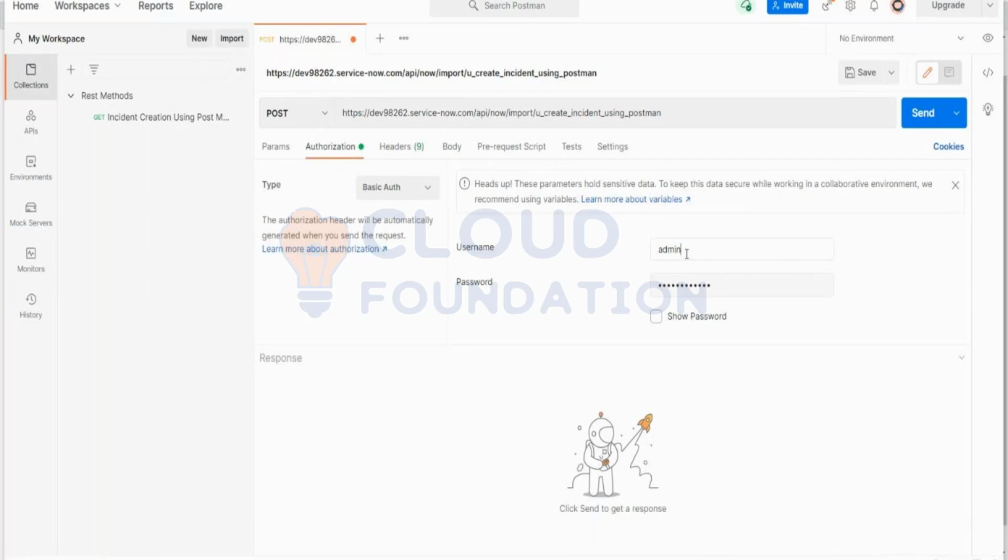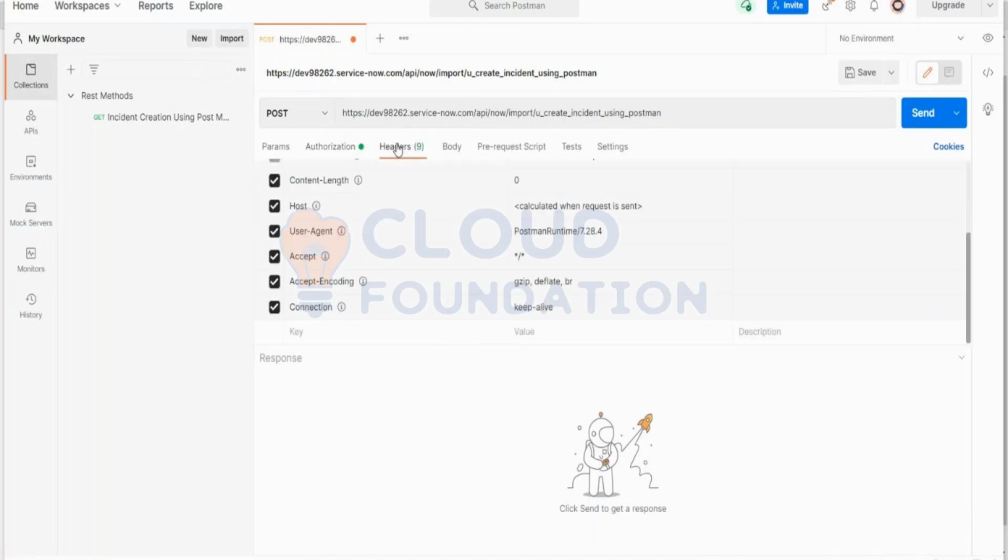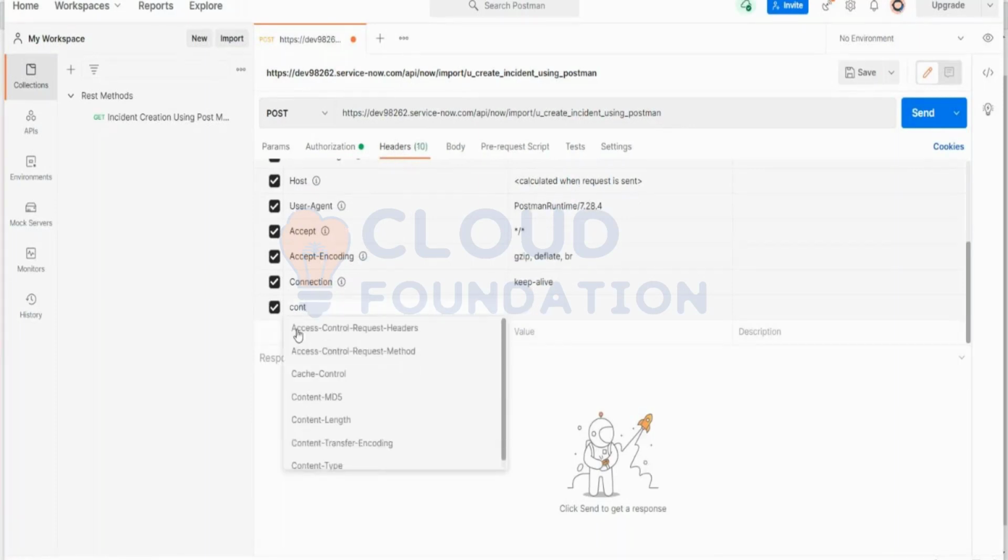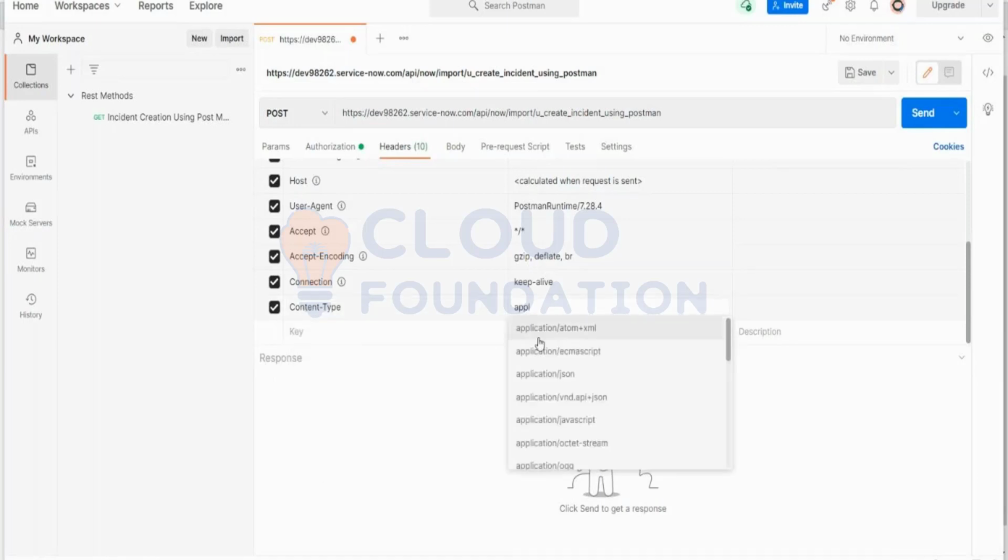Remember that. That is the major mistake everyone makes. Don't provide your admin credentials from the instance to the third party app admin. Create a user record explicitly for them. Now in headers, there has to be one content type. I told you that it has to be sent as JSON. So when you type content type, you put application JSON.